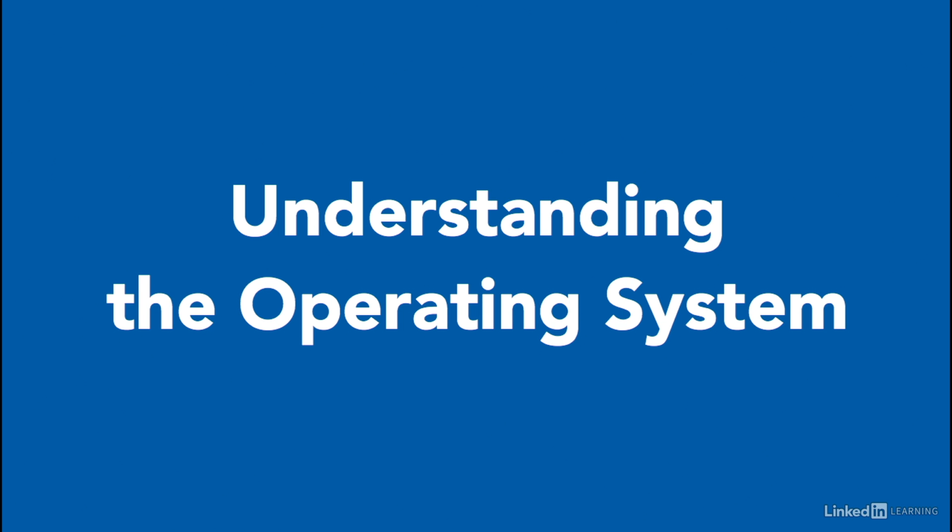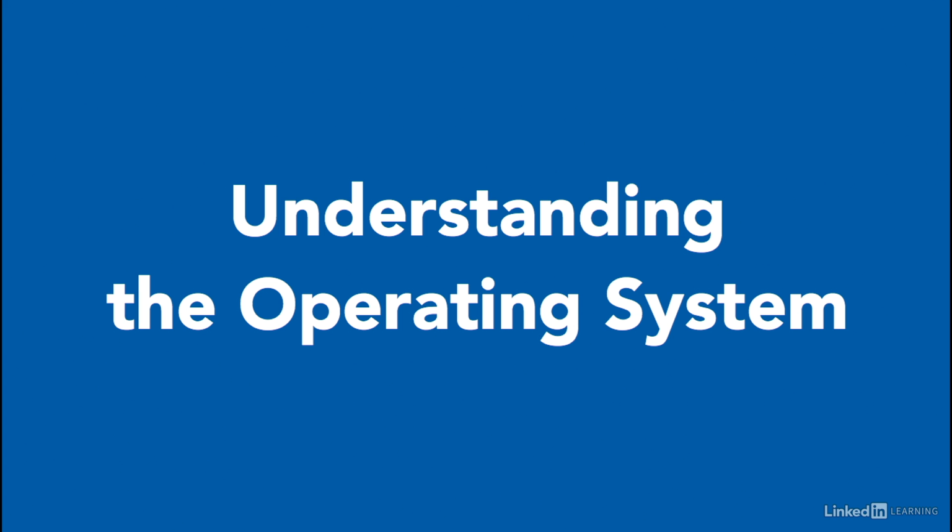You've probably heard the term operating system before, but you might not be exactly sure what it means. Essentially, your computer's operating system is the software that manages how you interact with the computer, how the programs on the computer use and access the computer's hardware, and it's a big part of how your computer behaves and performs. You can think of the operating system as the master program that runs and manages all the other programs on your computer.